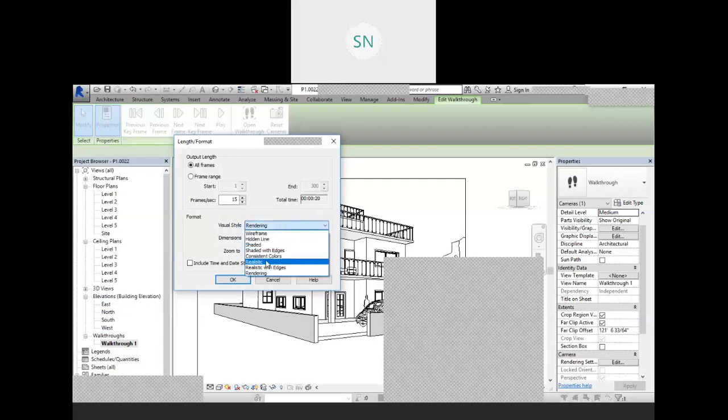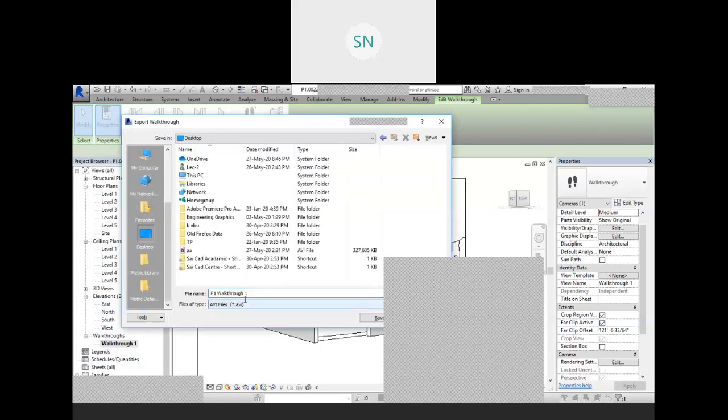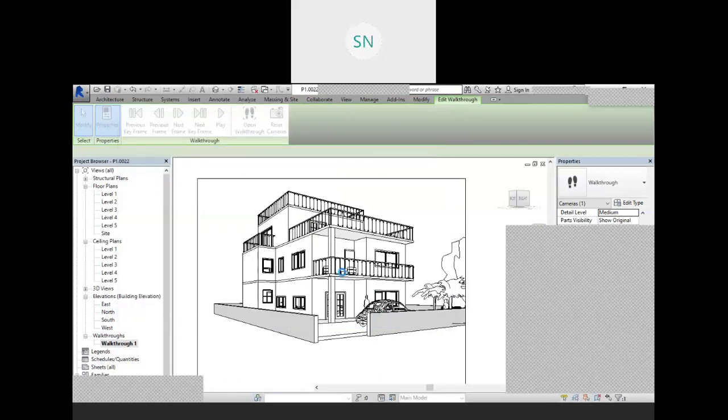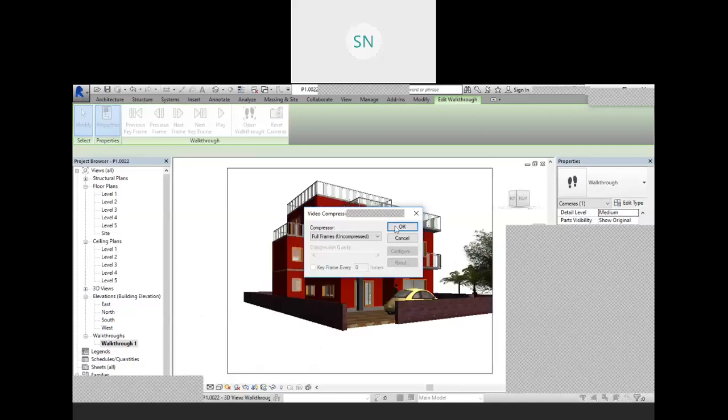But for now, let me take a realistic output, right? And hit OK. And going to save that on the desktop with the name P1 walkthrough 1. Save. Full frame uncompressed. OK.